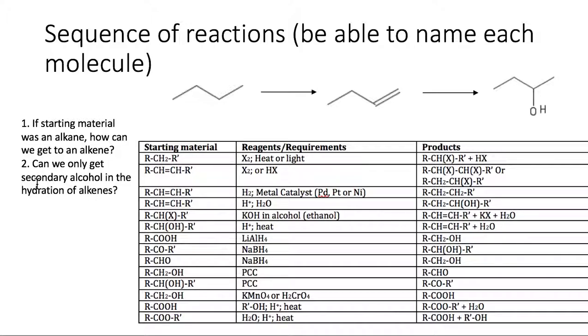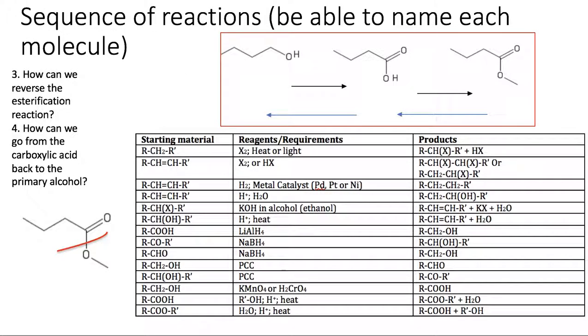Question number 2, can we only get secondary alcohols in the hydration of alkenes? Well, you can get secondary, but not only. If you had a methyl right here, in this case, the OH would be added here. Imagine you had a methyl, okay, here. So that will make it a tertiary alcohol, but in this case, it was a secondary alcohol. And again, when you go from an alkene to alcohol, you're adding a water molecule, and thus that will make it an addition reaction. Okay,